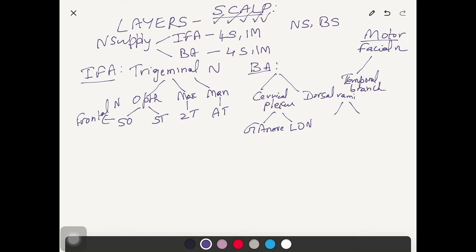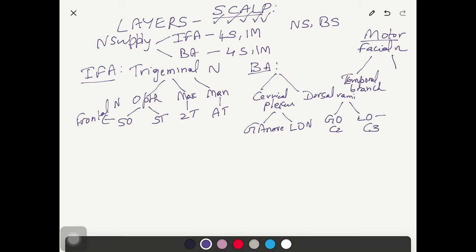If you see the midline, on either side of the midline of the scalp behind the auricle, they are supplied by dorsal rami. You should not wonder what this dorsal rami is. Not only in the scalp, if you take the back adjoining the spine, the skin is supplied by the dorsal rami. Here is the greater occipital nerve, from C2, which is the thickest cutaneous nerve of the body, and also the third occipital nerve, C3. So these are the 4 sensory nerves behind the auricle.